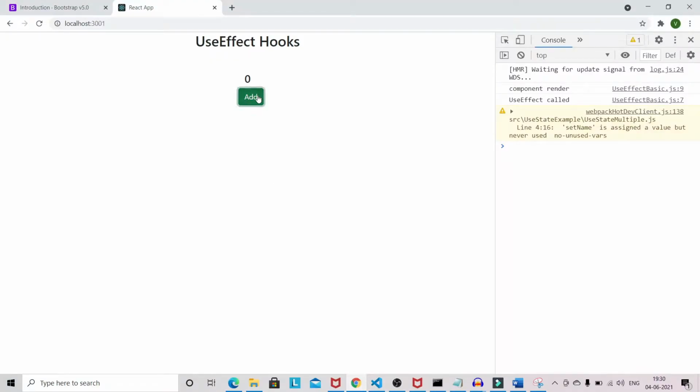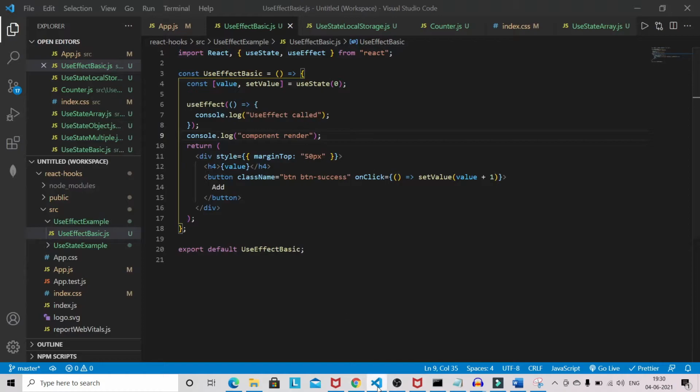Now increase the value by one. Now you can see that our component is re-rendered and useEffect is also called, because on every re-render useEffect will get called. So this is the very basic example of useEffect.